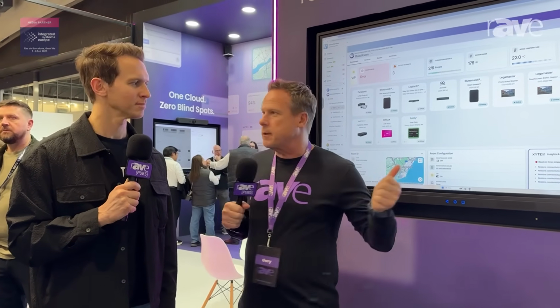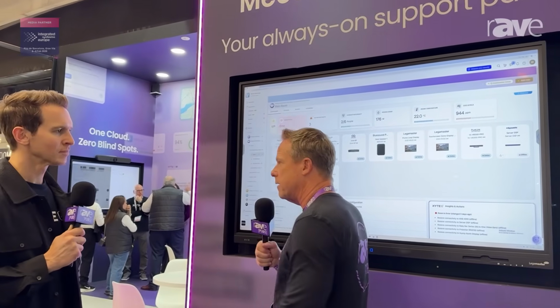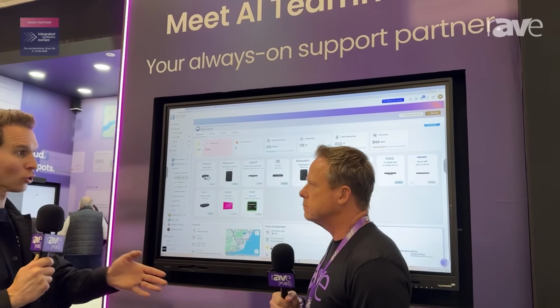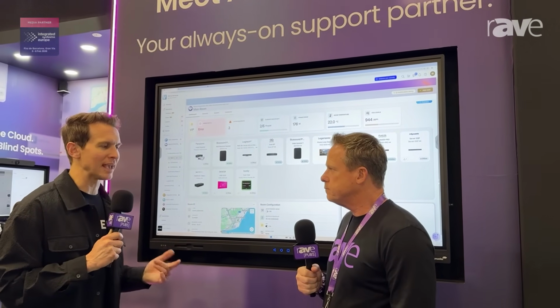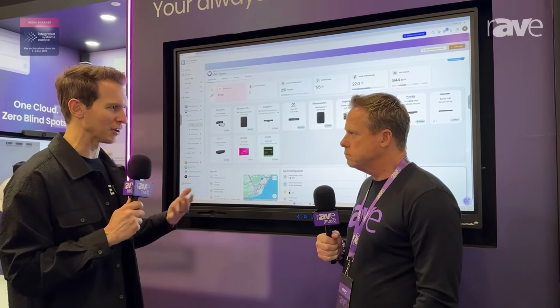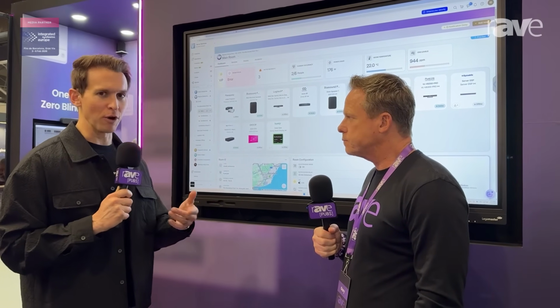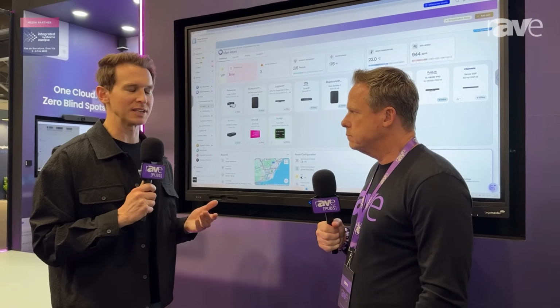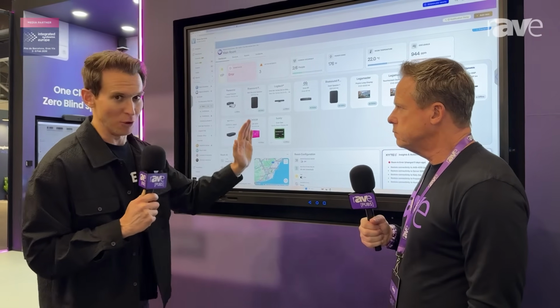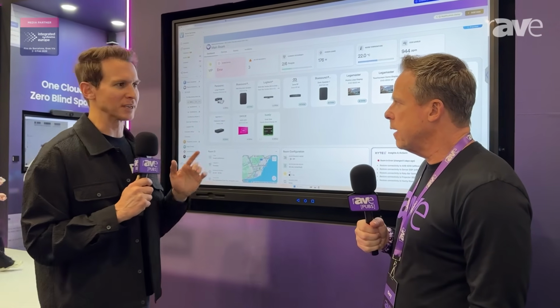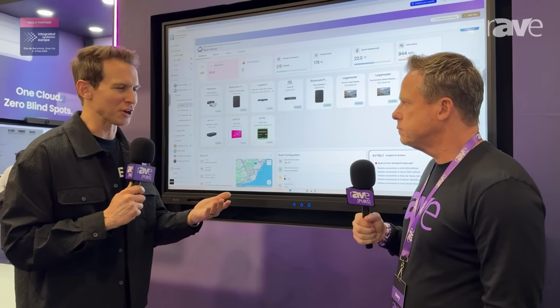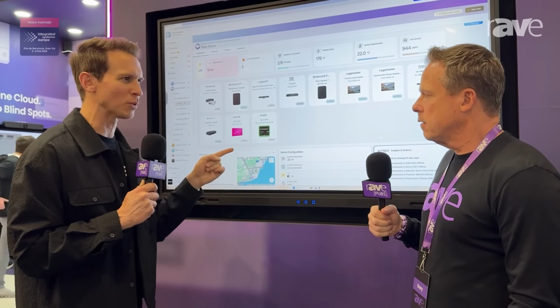But here you're talking about rooms, not just devices, right? Yeah, that's a big focus. So yes, we've added AI to our name, but AI is only valuable if you're actually getting enough data to make it valuable for you as an integrator or end user. The big focus we've brought here at ISE is a renewed focus on rooms and not just devices. Because if you really think about it as a user or an integrator, you don't care that the device isn't working, you want to know if your room's working.